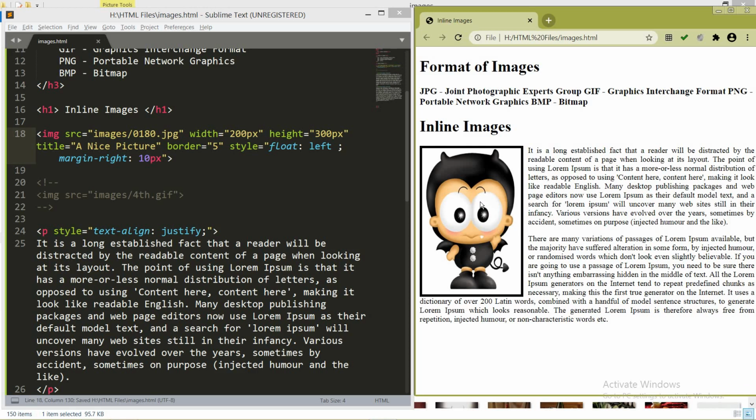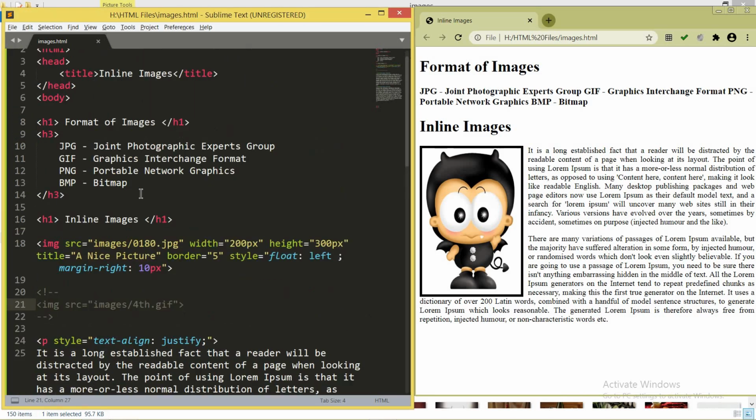And this type of images are called your inline images. Write the definition once more. Inline images are those images which can be placed onto the web page, onto the web page body. It can be reshaped, meaning you can resize the images, or you can wrap the images around the text, and you can reposition it from the left direction, right direction, or somewhere else. These kinds of images are known as inline images. And this type of extension you can use.